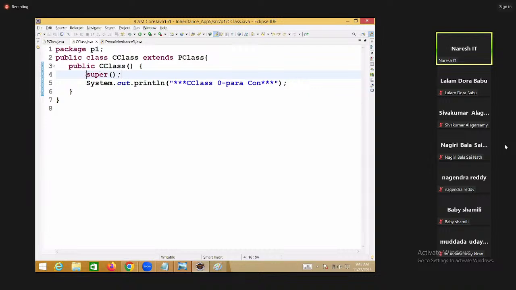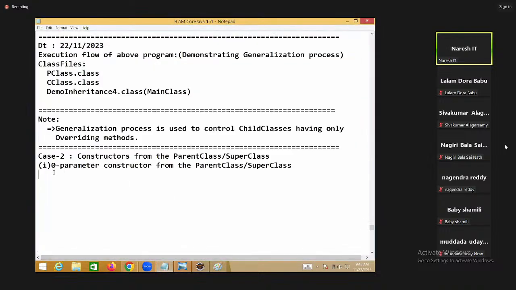Super of. Who added this super of? It means the compiler will add it. Who will add it now? The compiler will add it. That's the statement. Now the statement is, when